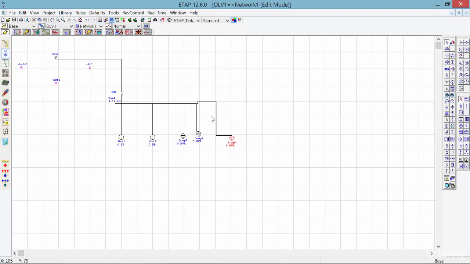And let me make it look again nice and clean, because it's always important to have your one-line diagram look nice, just because of future purposes. So if you let me, I'm gonna extend my bus because I have this. Okay. So now you can see that, for example, let's double click on this bus and let's name it